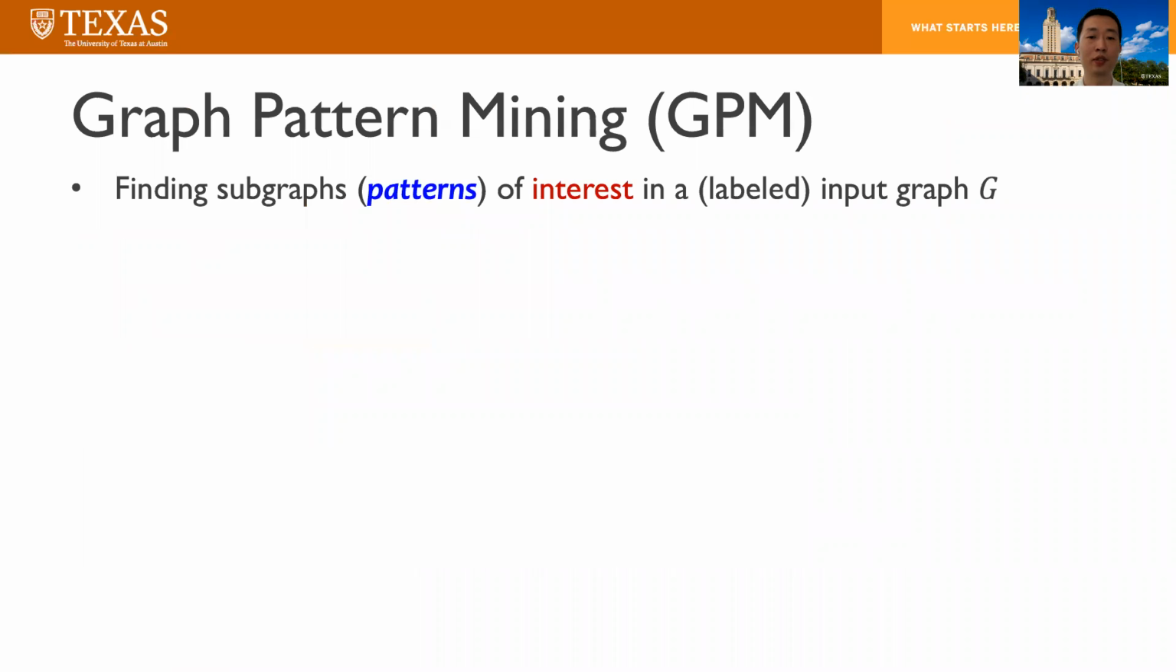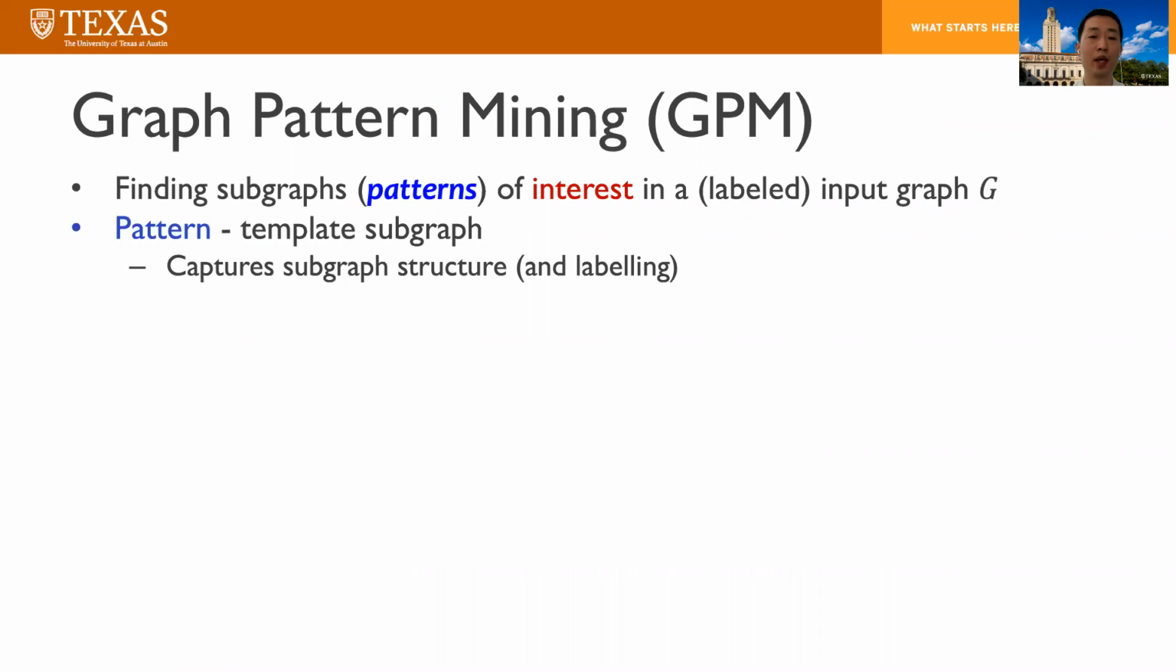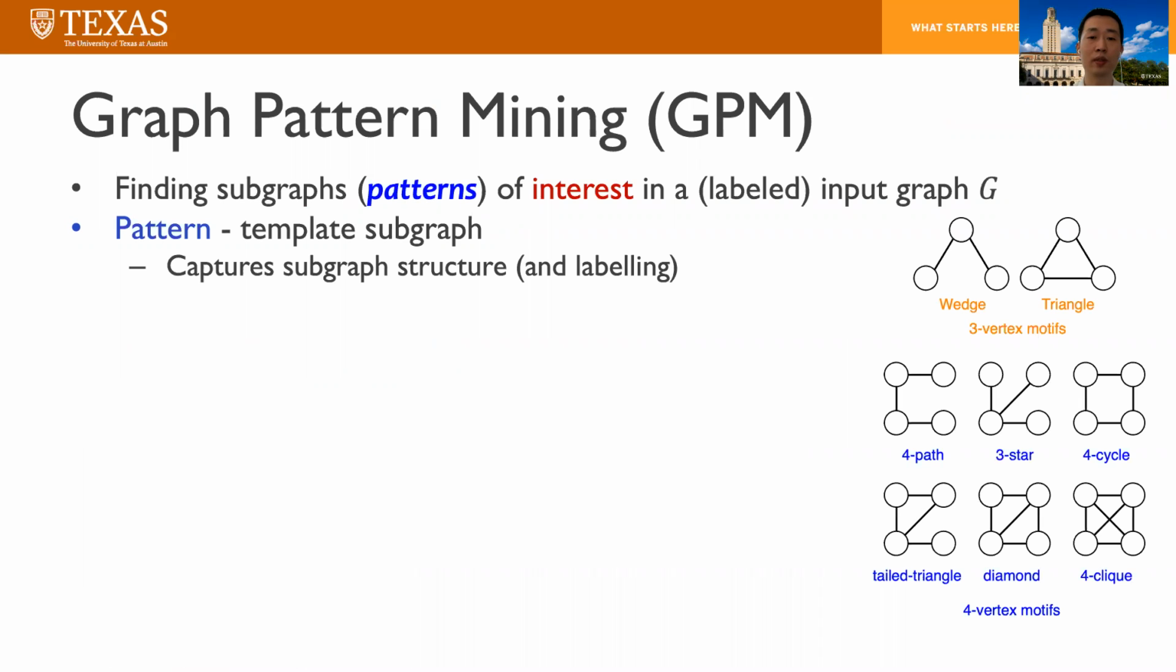Graph pattern mining is to discover patterns of interest in a given input graph. A pattern is a template subgraph that is defined by the user. It captures the subgraph structure. These are the patterns that need to be found in an application called motif counting, such as triangles and the